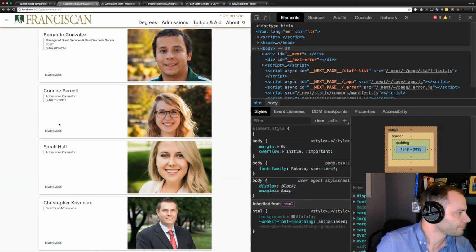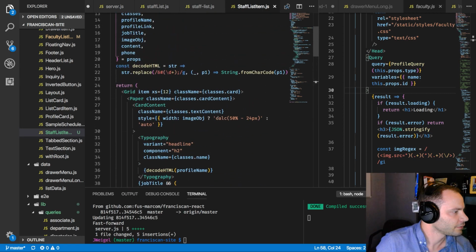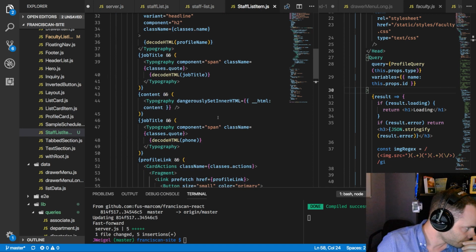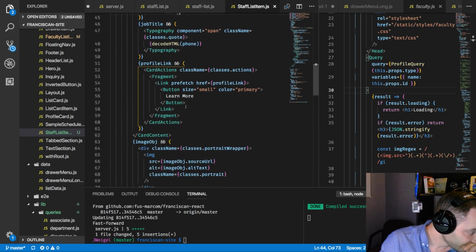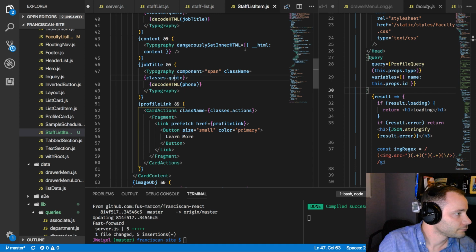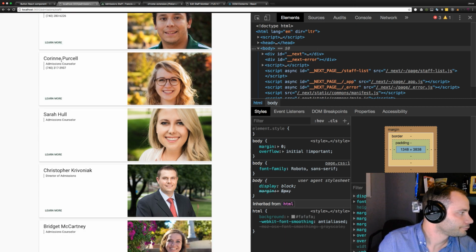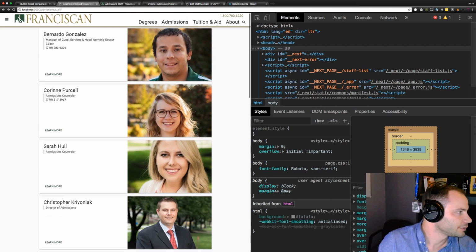Is the phone number showing up? Yeah, phone number showing up. Maybe it has something to do with us setting the dangerouslySetInnerHTML. All right, well, regardless of what's going on here, the images are,